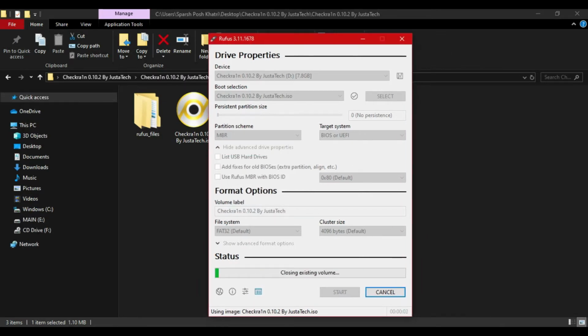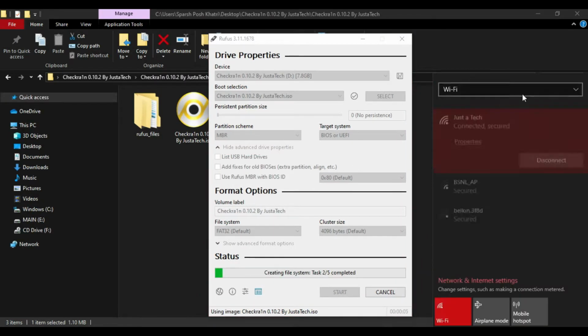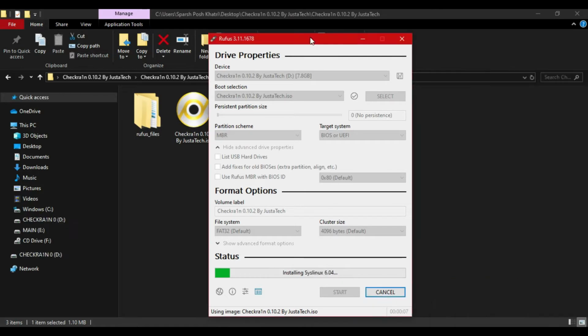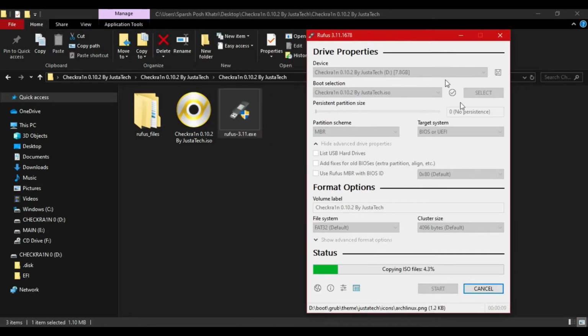Now just click on OK and make sure that you are connected to the internet while making the bootable, because sometimes this file needs some Linux files to make a proper bootable, and that requires internet. The process has started. It will take 2-3 minutes to make bootable.